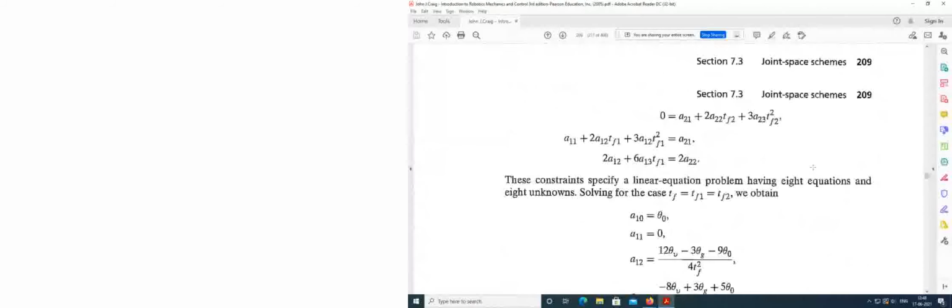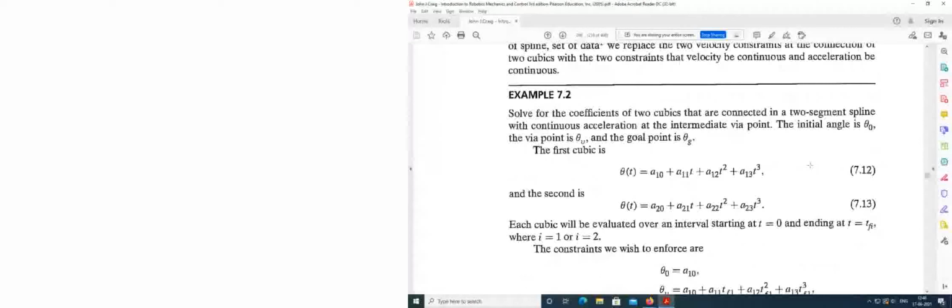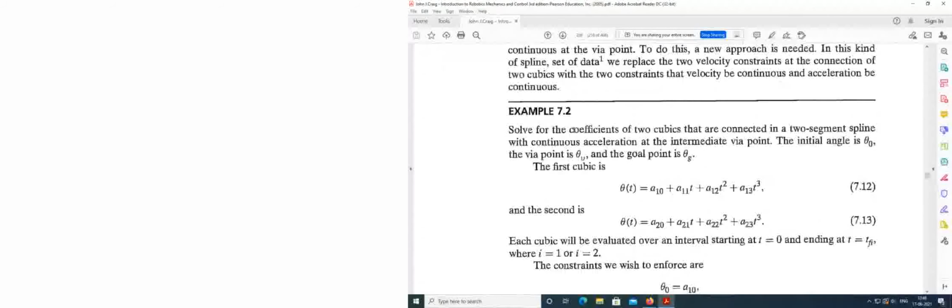Fine. So let's see this problem. Example 7.2, and here we need to solve for the coefficients of two cubic polynomials, which means there is only one via point. Let's read this problem first. We need to solve for the coefficients of two cubic polynomials